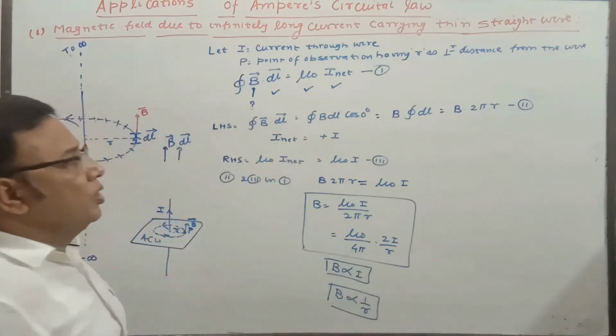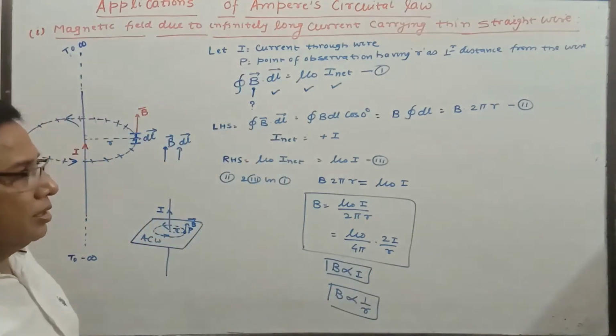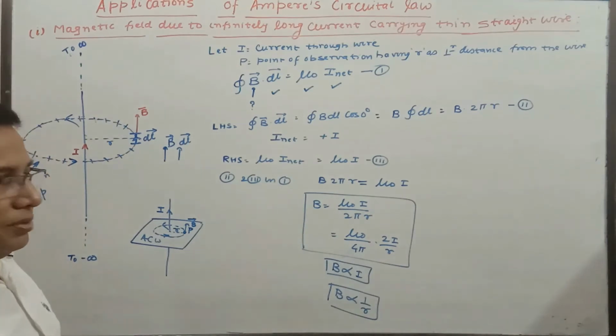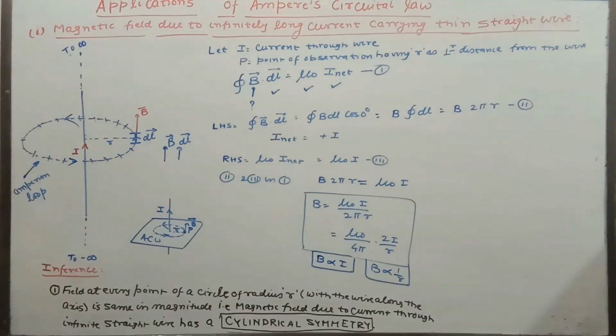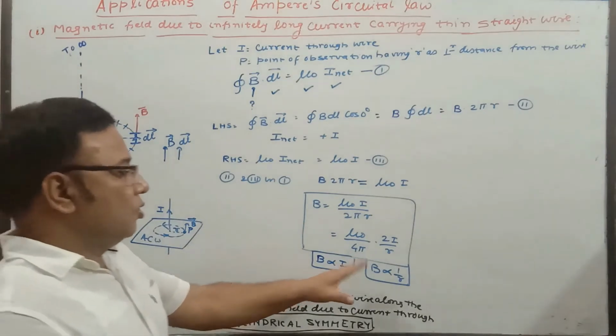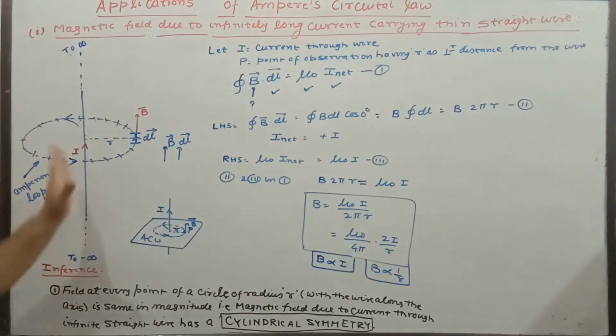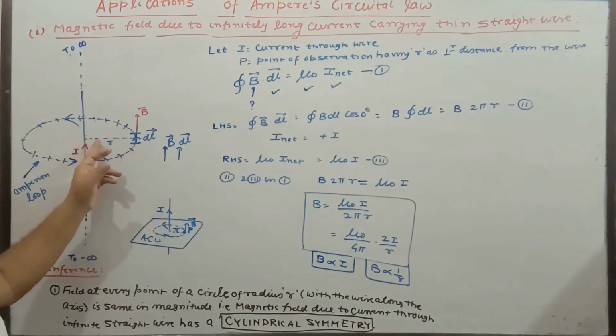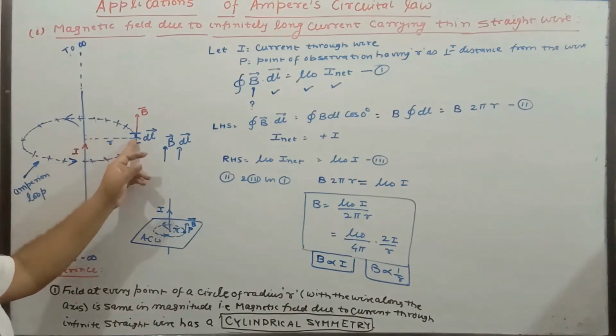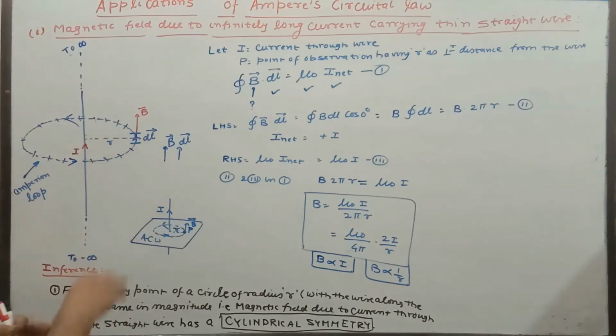So some of the points of conclusion we can do here. Let us try to see it one by one. Now the inference drawn from these conclusions: for a given current, if you draw a circle of the same radius, finding out the magnetic field at equal distance, say r,